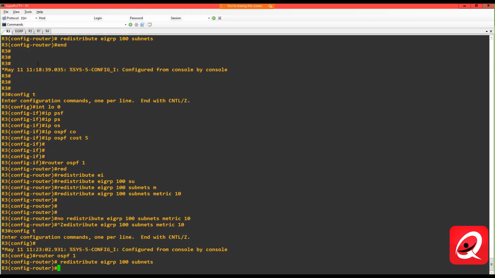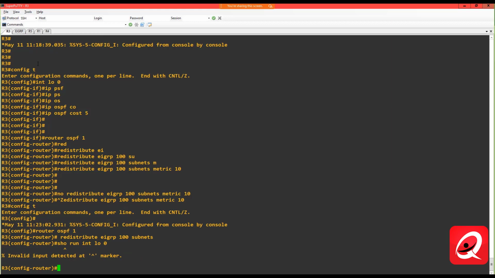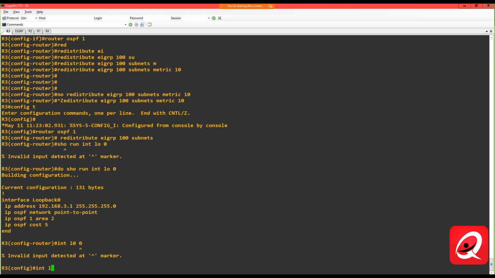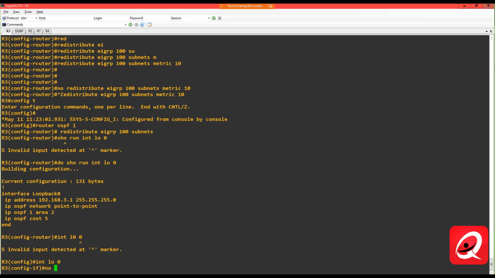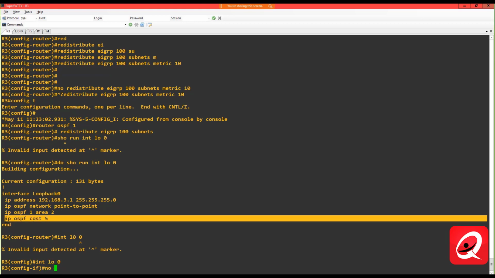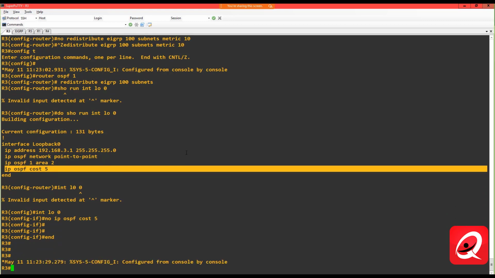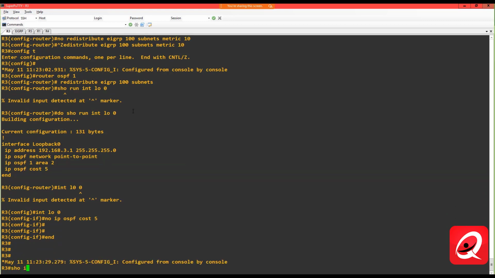Also, let's go into our loopback. Do show run interface loopback 0, and interface loopback 0, no IP OSPF cost 5. All right, so here's the scenario. Let's do a show IP